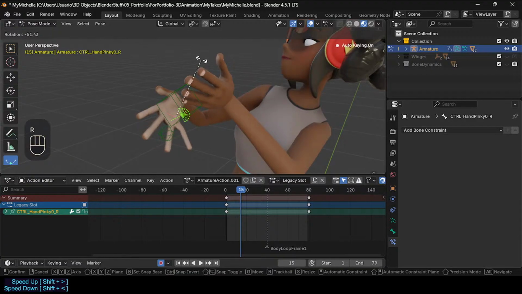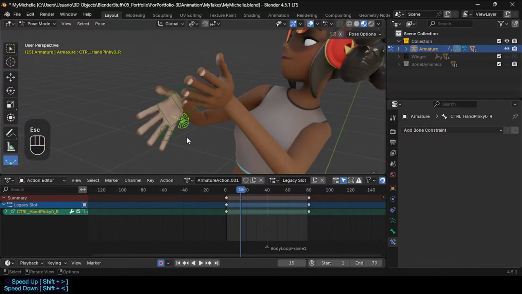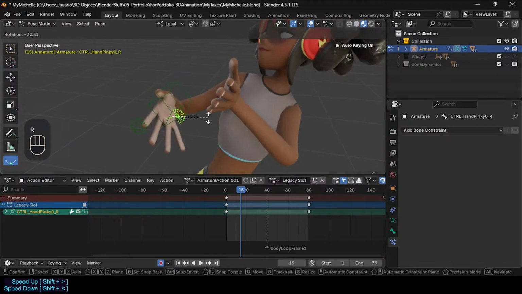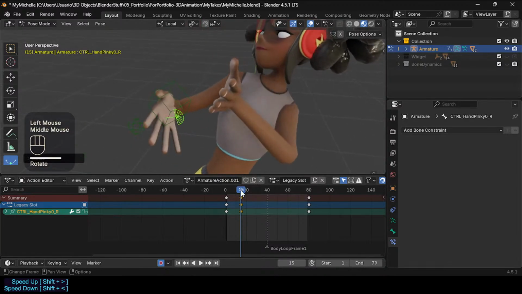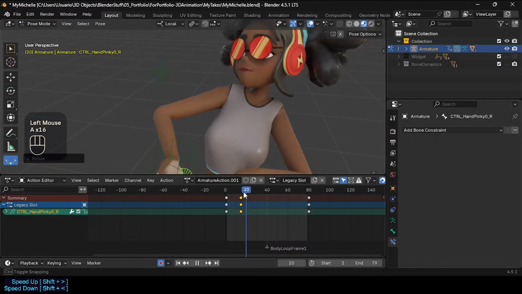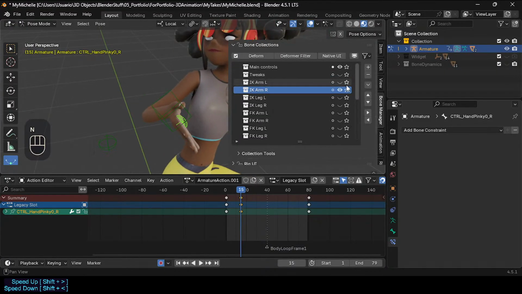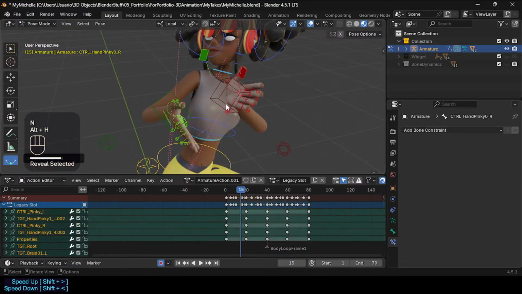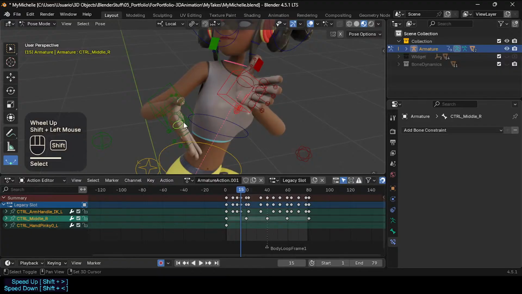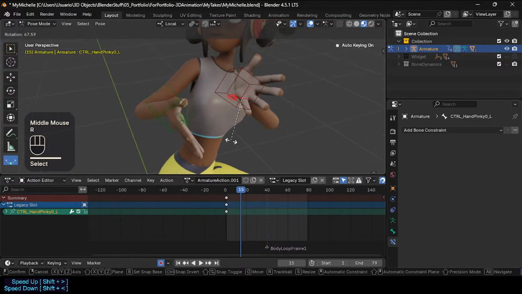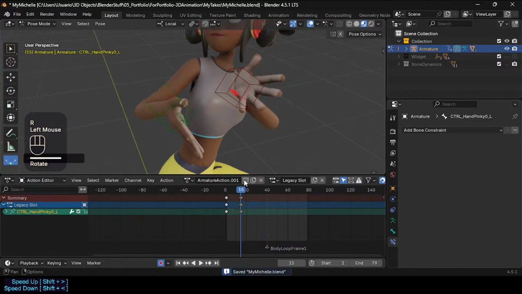Let's see, what about this, right? So actually let's use local, yeah, this. All right, since we are here, we're also going to do the other one, it will gain time. Let's do some quick things here. Select this, Shift H, right? Now we're going to, okay, let's assume this is